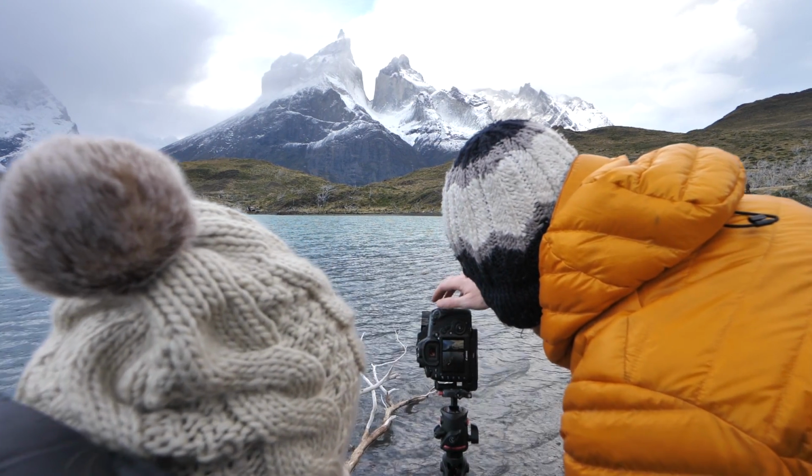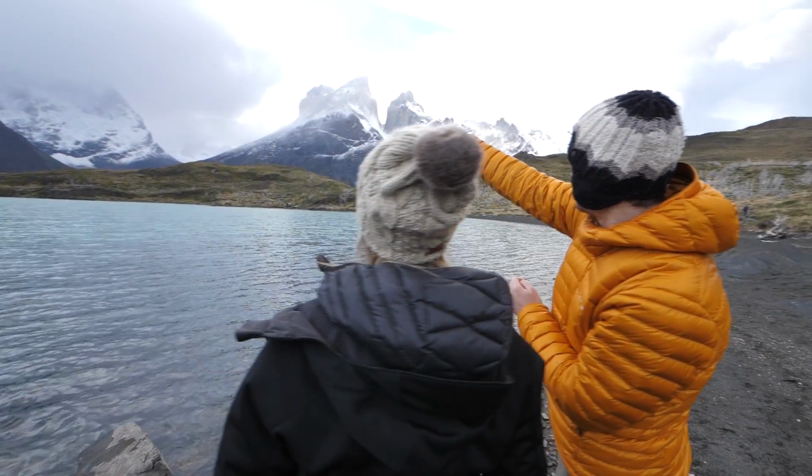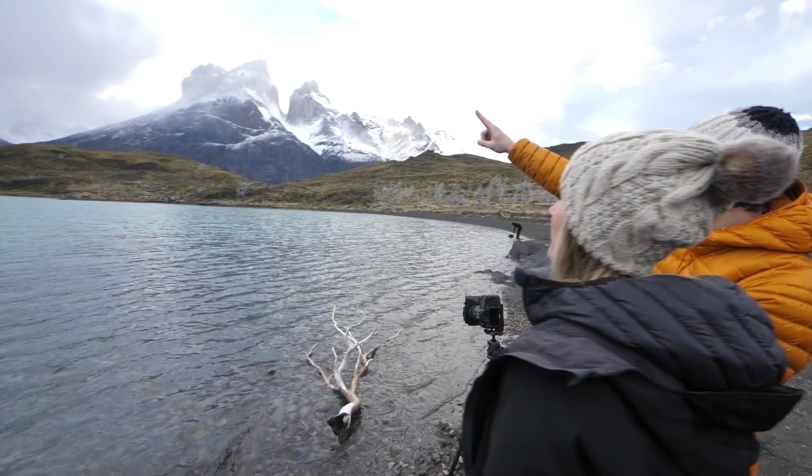So we've arrived at the lake now. It's absolutely gorgeous. Just had a very, very quick session with one of our participants, Chris, and she just wanted to see what I would do when I arrived at this location. And for me, if you come somewhere like this,